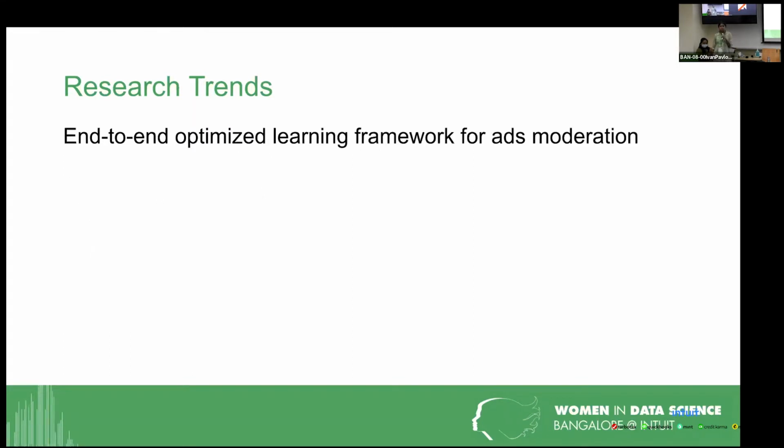The second one is that these policies keep evolving, because as the social scenario changes, the sentiments of the people also change, and what they're sensitive to changes. We need the whole of our framework to be continuously evolving to moderate ads. So no longer is there a training phase and then an inference phase. You have to continuously keep your models updated.